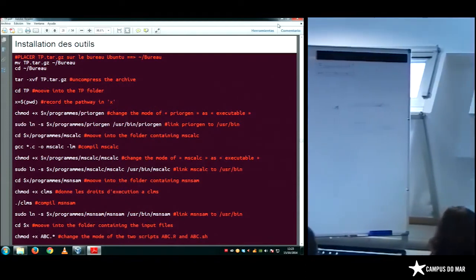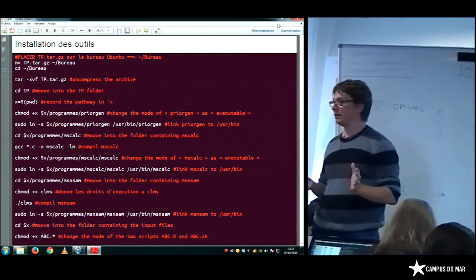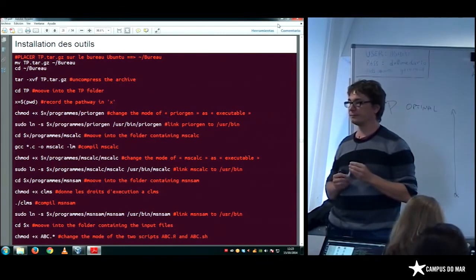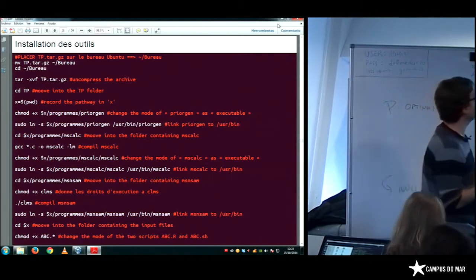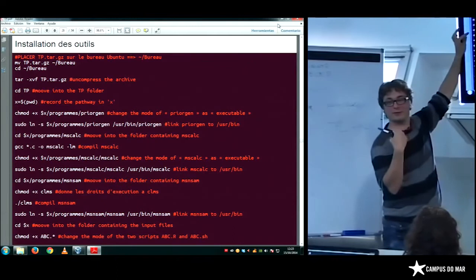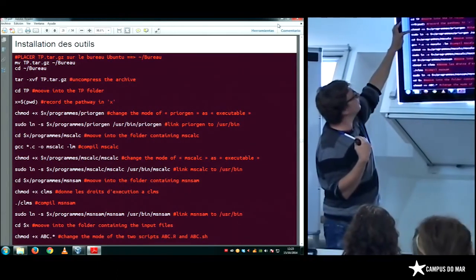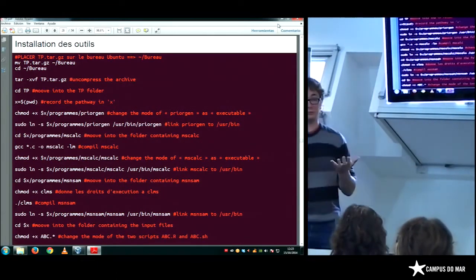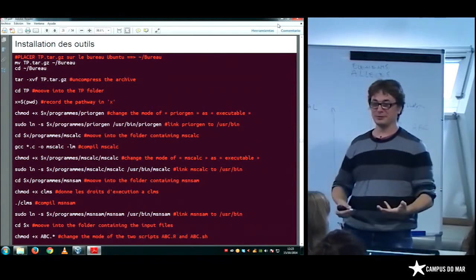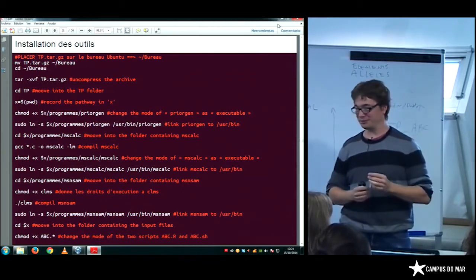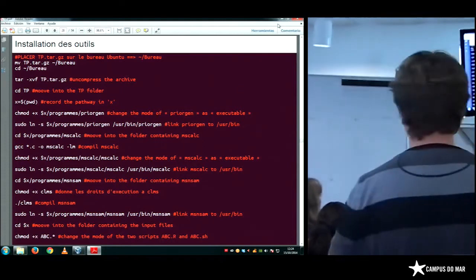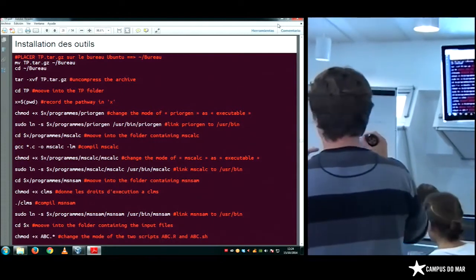You should be already in the TP ABC folder. So what happened to me the previous hour is that I have to do this 2 times for it to work. I don't know why, but if you have an error, you do it again and it should work. It's an informatic thing. You have to say to Linux,